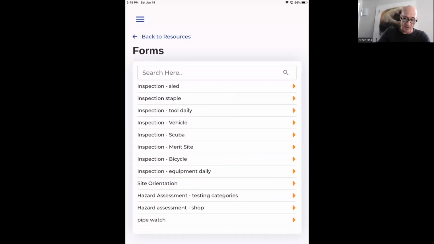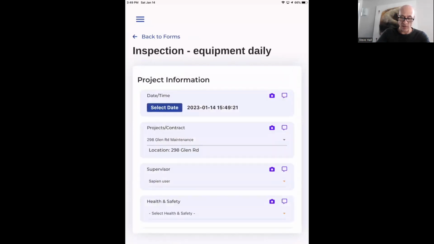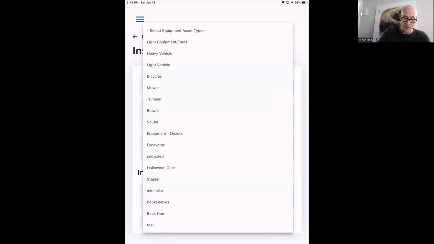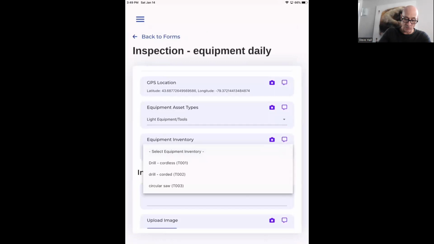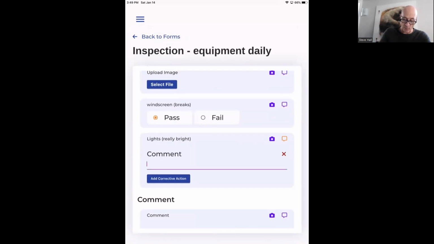We've got all of the inspection forms. So the worker would come in, click the project, click the supervisor associated with it. This is all customizable and they can decide what they want to go with. We can click on the tools, click on the inventory that it comes with that, click on these. If I get a fail, it brings up, I've got to put a comment